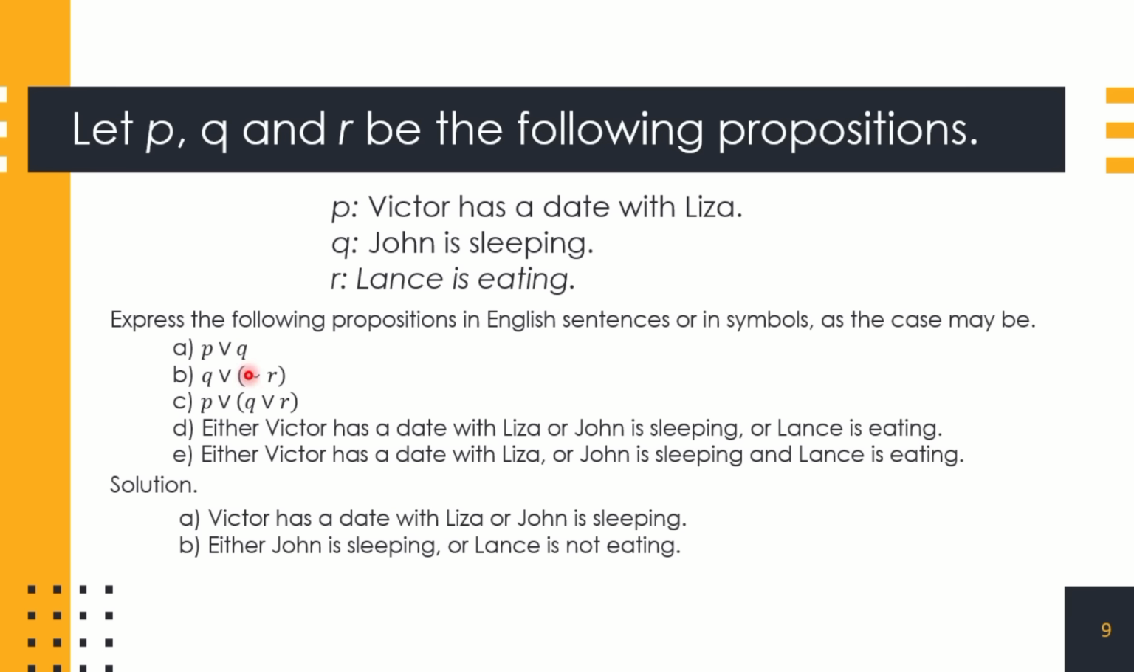Okay, since meron tayong dito negation, may negation tayo, pwede nating lagyan ng word dito na either John. So yung Q natin, John is sleeping. Okay, lalagyan yun to ng comma, why? Alright, kasi may isang group ka dito. So, or Lance is not eating. Alright, so ito yung word na or natin. Either John is sleeping or Lance is not eating. Alright, next is